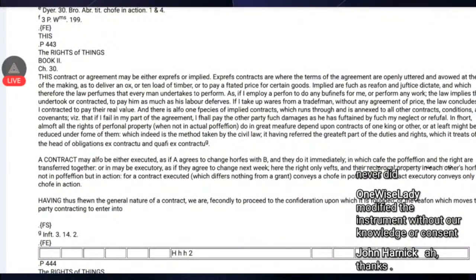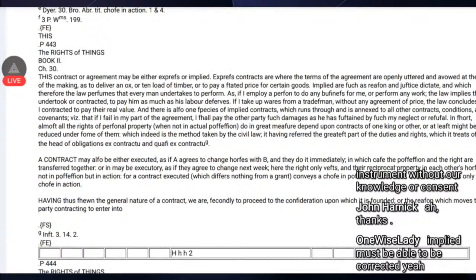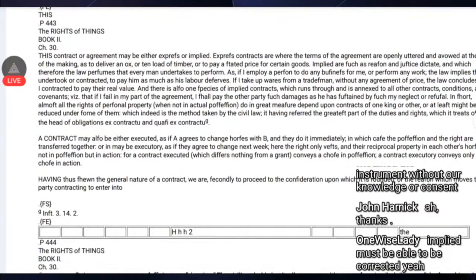Implied contracts are such as reason and justice dictate, and which therefore the law presumes that every man undertakes to perform, as if I employ a person to do any business for me or perform any work. The law implies that I undertook or contracted to pay him as much as his labor deserves. If I take up wares from a tradesman, without any agreement of price, the law concludes that I contracted to pay their real value. And there is also one species of implied contracts, which runs through and is annexed to all other contracts, conditions, and covenants, viz., that if I fail in my part of the agreement,